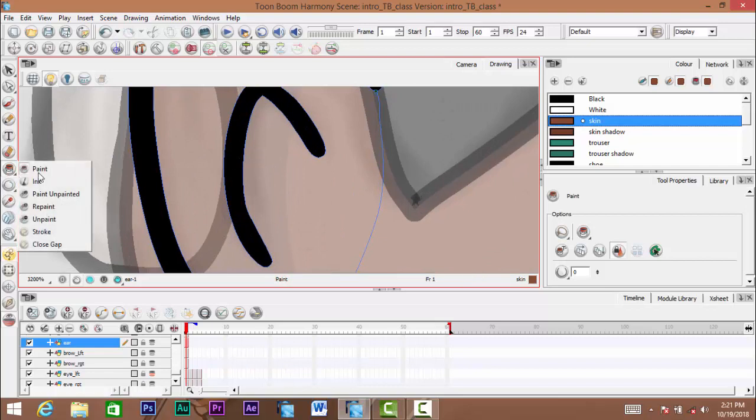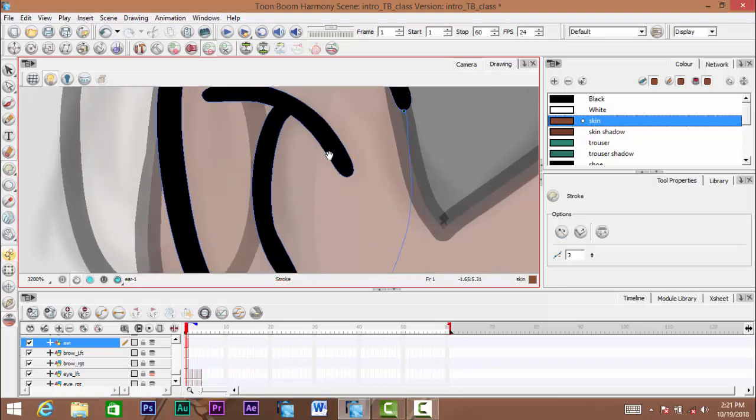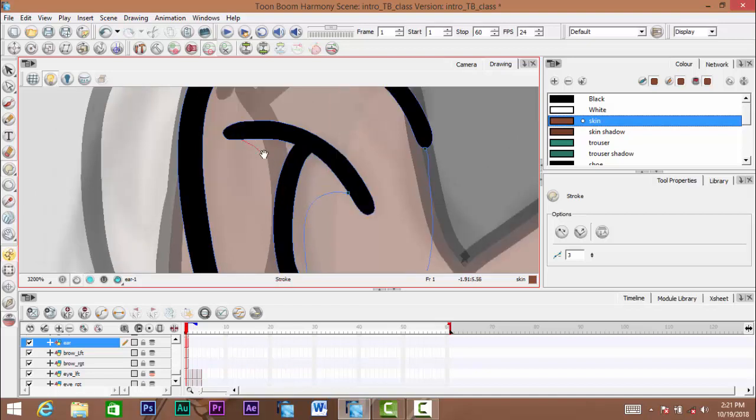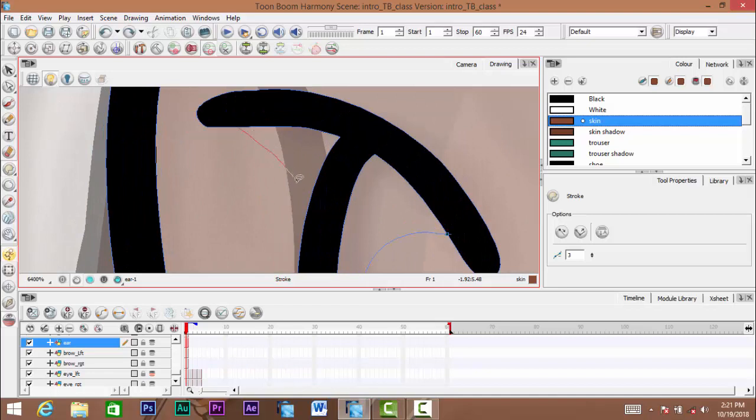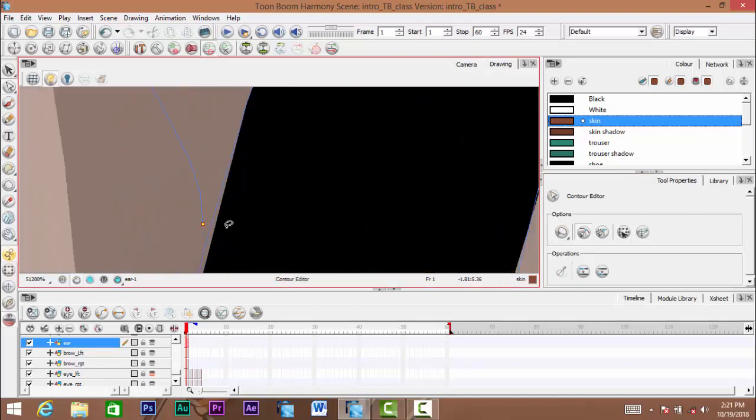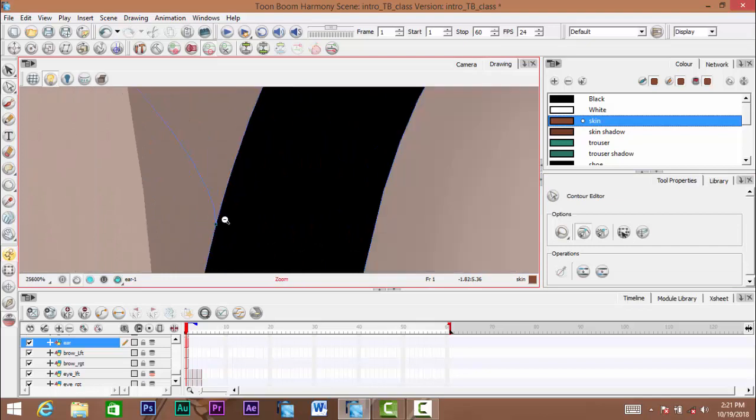We can put a stroke here to show shadow in the ear. Can put some strokes there to paint in those areas with a shadow,